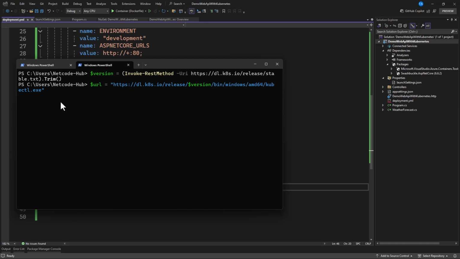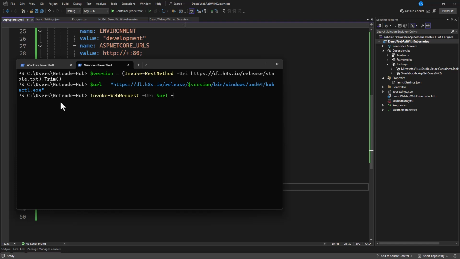So we're also using a variable for setting the value for this URL variable, isn't it? Now the next thing that we need to do here is we're going to say Invoke-WebRequest. Then with this web request, all that you need to do is specify the URI, and the URI is the URL that we created, right?